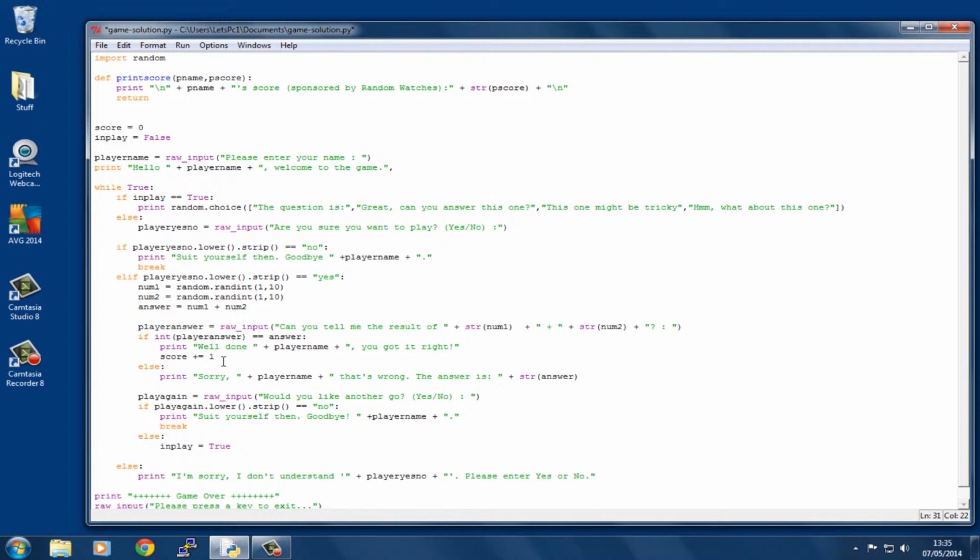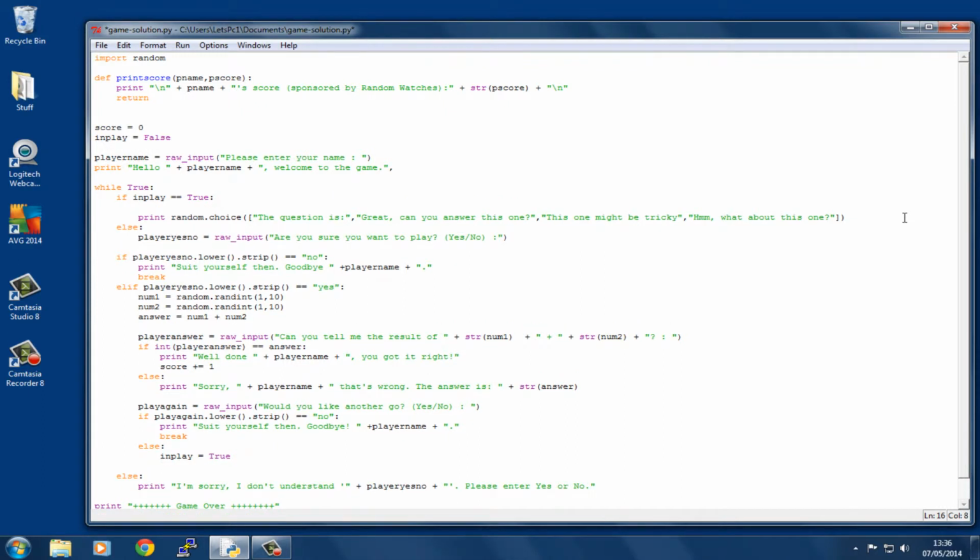Okay. Then we want to print the score out on screen, so we need to call our function here. As we go around the loop, we could see if the game is in play here, and we could perhaps put it there. Let's put it before this line and put it here. So let's say print score,